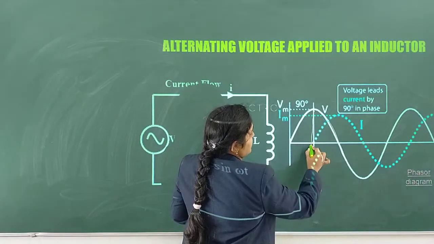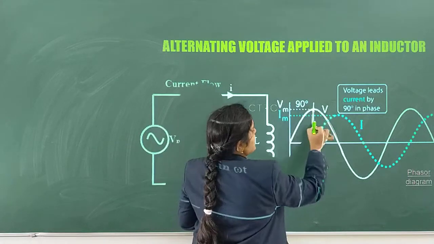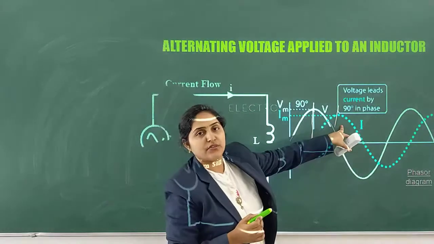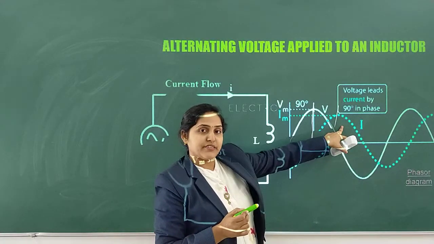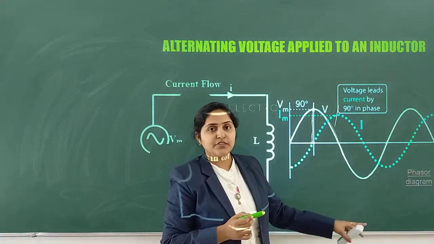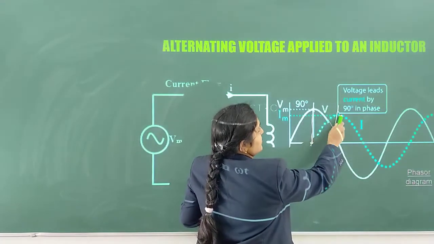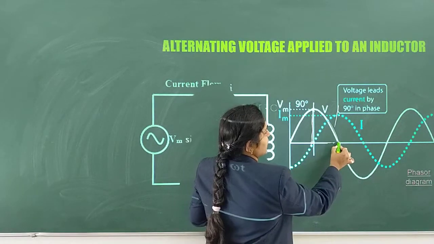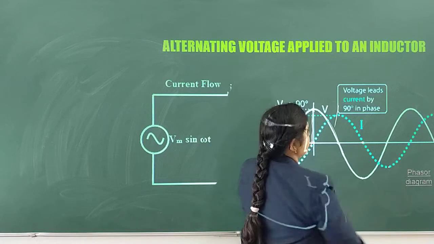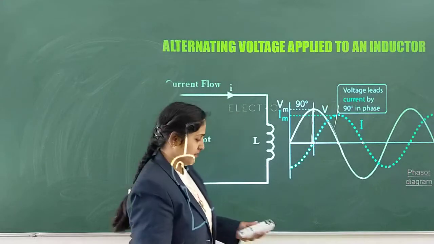See at this position, this same position links to this position, and see the angle. So this position of the current is here. It is not moving simultaneously as in the case of a pure resistive circuit. In a pure resistive circuit, they were moving simultaneously. There was no difference between them, but here you can clearly see the difference between the voltage wave and the current wave. Or if you consider the minimum points, this is the difference. The angle is 90 degree.